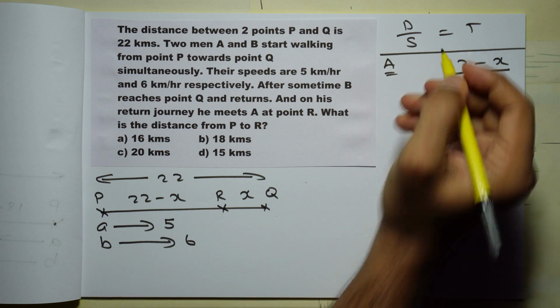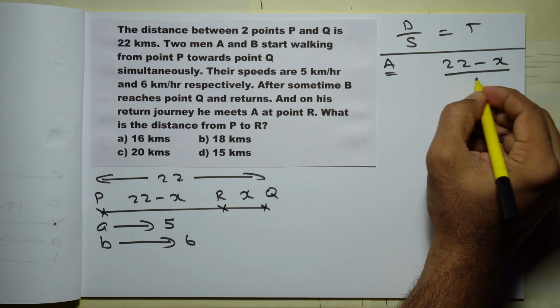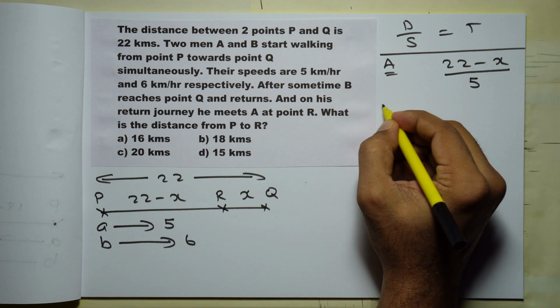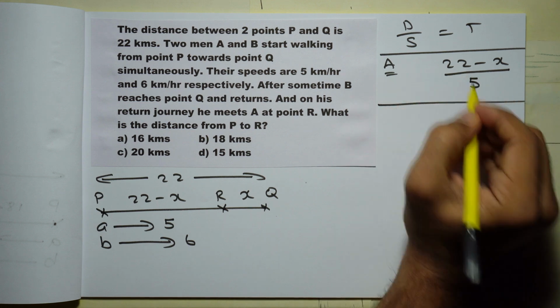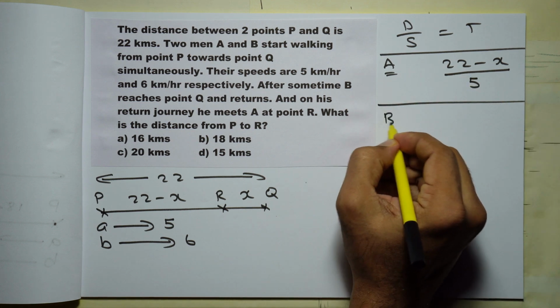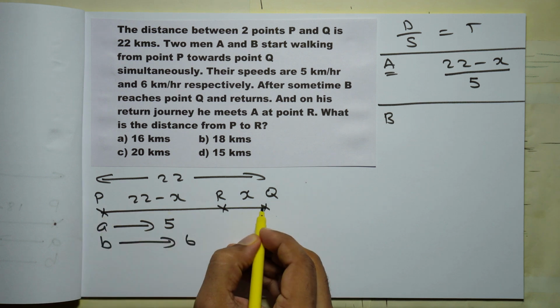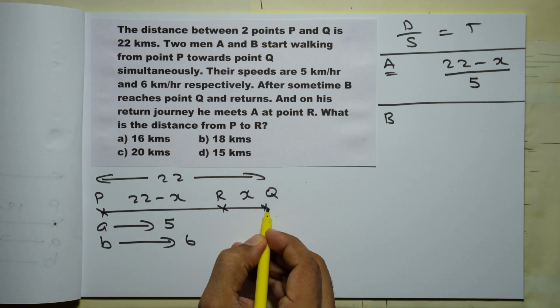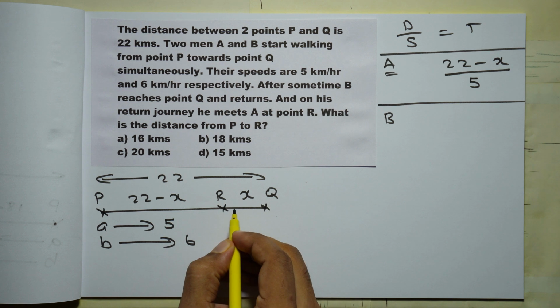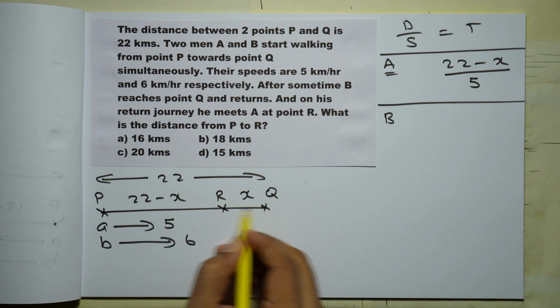Distance by speed gives you time. A's speed is 5. So distance by speed gives you time. This is the time over which A travels. Next we'll calculate for B. Distance traveled by B is, B will do the full 22 and another x also. So distance traveled by B is full 22 plus x